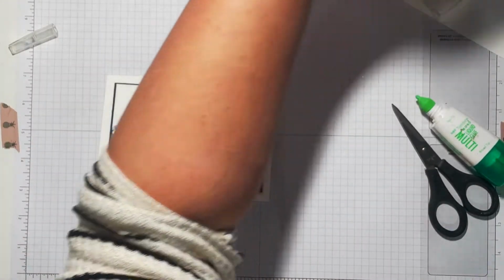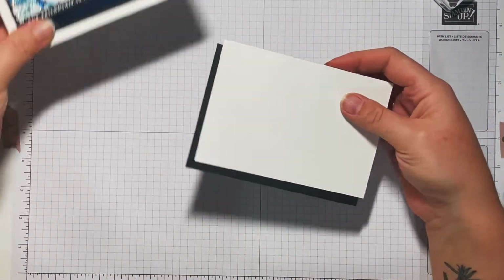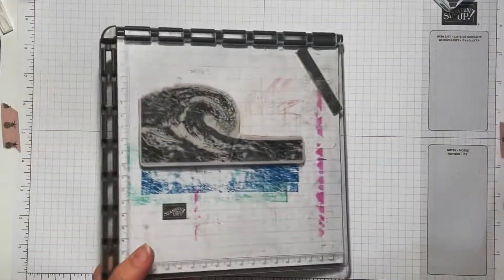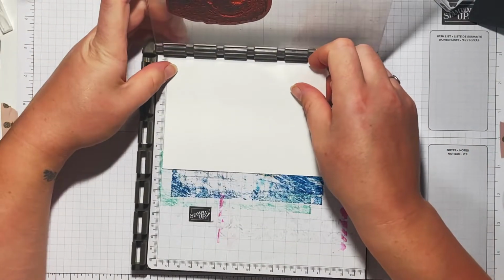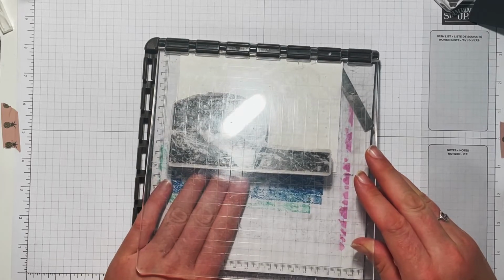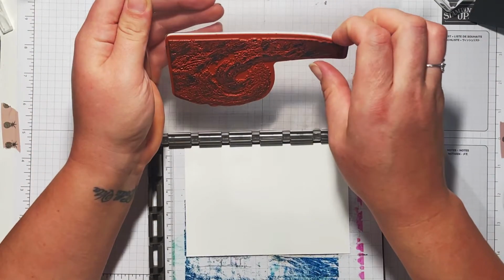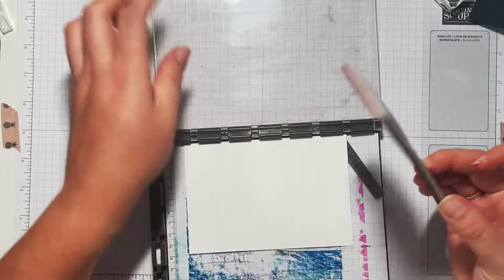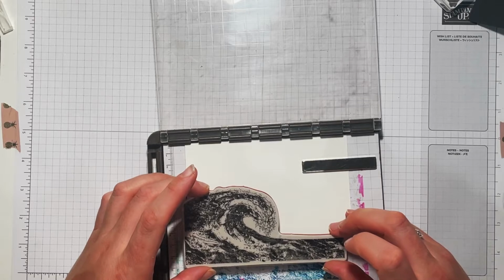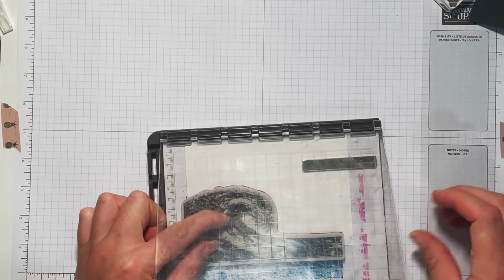Okay, so then the last bit I want to do is the inside of the card, and I am going to stamp the wave again. So I'm going to bring back in my Stamparatus. We'll just move those pieces there, and I think because this is a bigger piece, it's actually lined up slightly differently. I think if I stamp it to this edge, I might actually have to move so I want just a tiny bit of that edge showing, because that'll get covered up. So I'm going to stick that there and hope that that stays while I